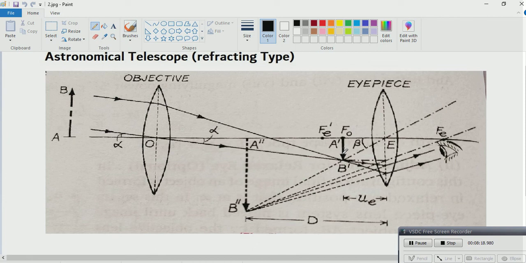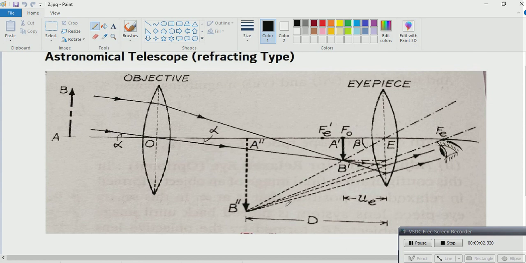So in a telescope, in simple words, first we have a large focal length objective lens, which is achromatic, meaning there is no chromatic aberration. Suppose rays are coming from stars, or from the sun, and we get a small diminished image of the sun. Now that diminished image lies between the optical center and the focal point of the eyepiece. So the eyepiece makes a virtual magnified version of the same heavenly bodies. So my final image is A prime B prime, which we can see from here.